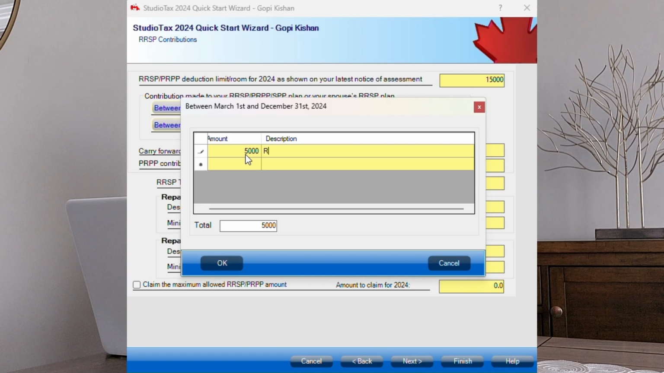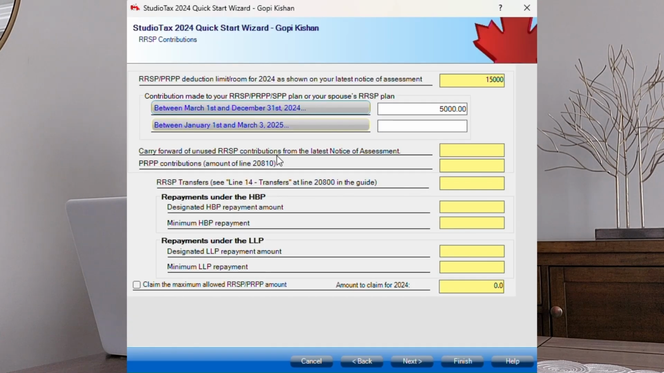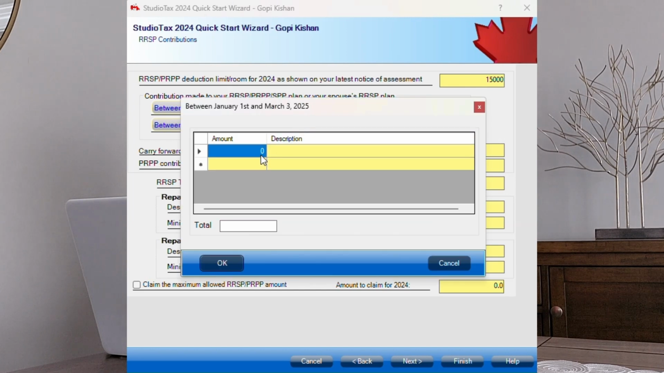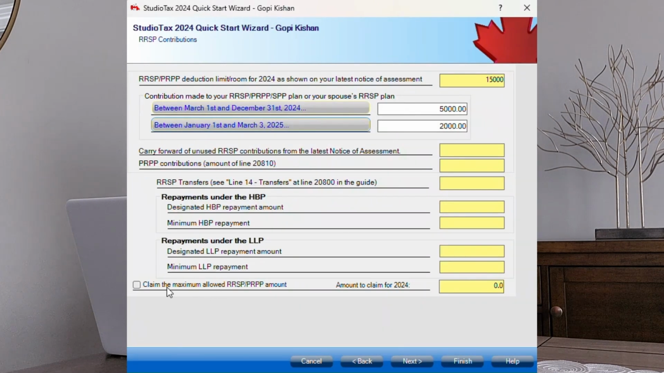You provide a description. We say RRSP Manulife, $5,000 just for demonstration purpose. Between January 1st and March, I invested say $2,000. So, and I can just say RRSP, BMO, or any bank to which you were investing. And then you say I want to claim the maximum RRSP. So you check that box there. That will be used to reduce your taxable income. And any other